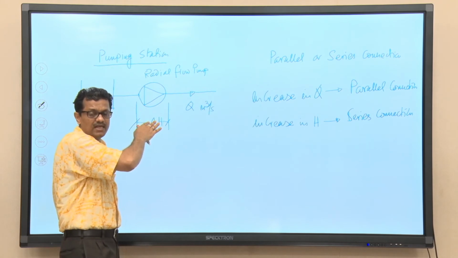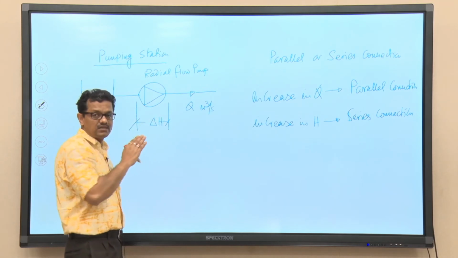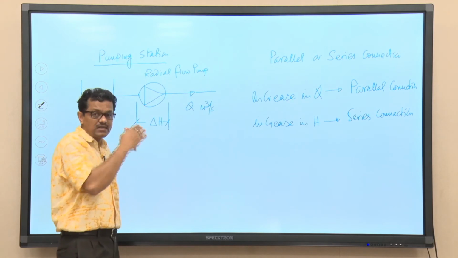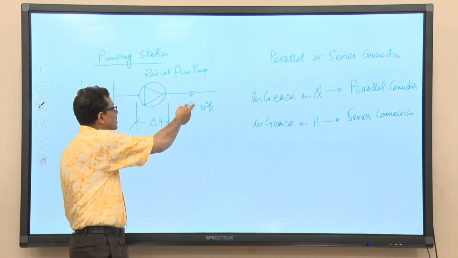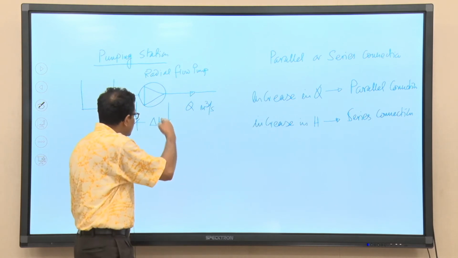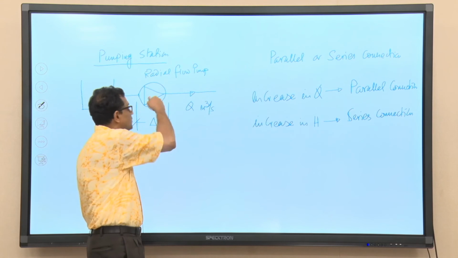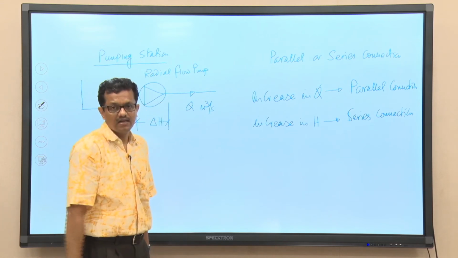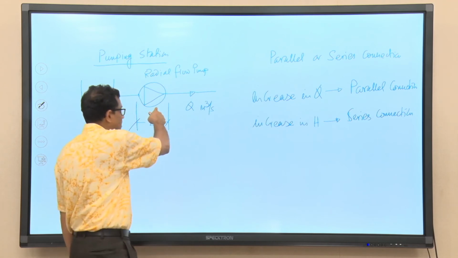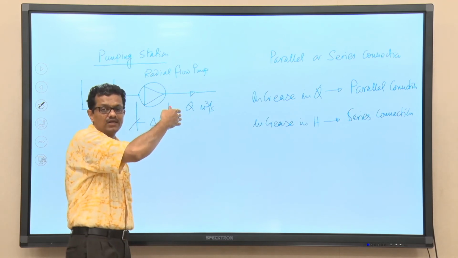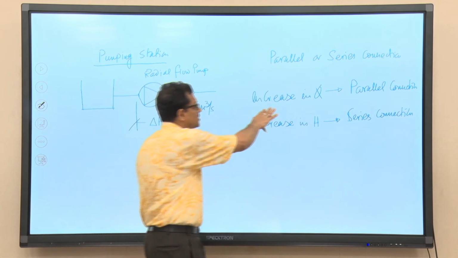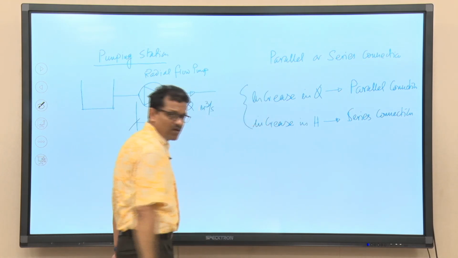So, what is important to discuss over here is that it is not necessary that the newly connected pump, either in series or in parallel, should be a similar type of pump to the one which is already there. It may be a different type, but the objective is, if it is a radial flow pump, definitely we need to procure another radial flow pump, and that pump should be connected either in series or parallel depending upon this requirement. Okay. So, that is what you have understood.